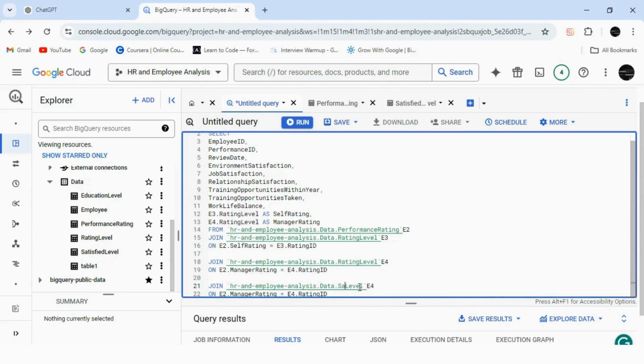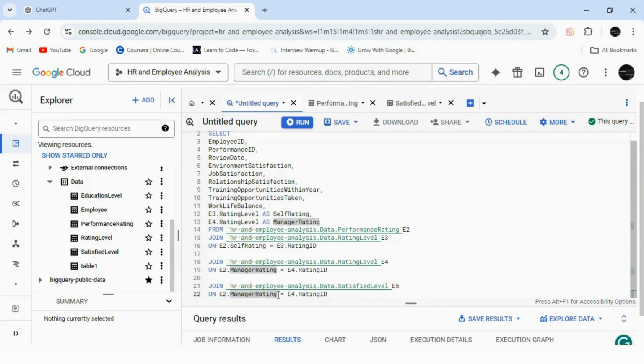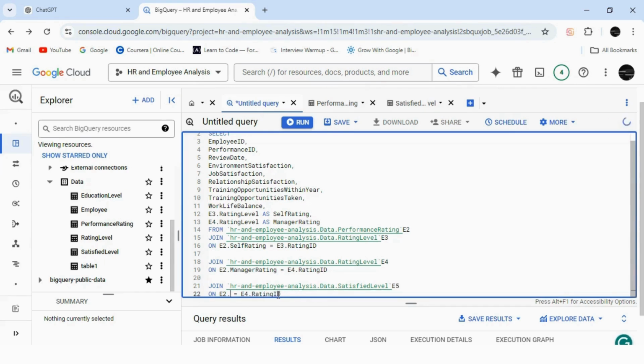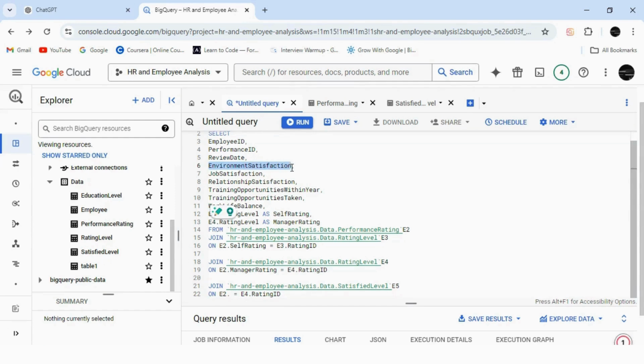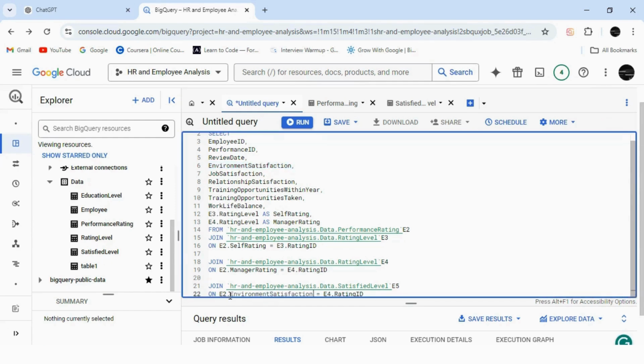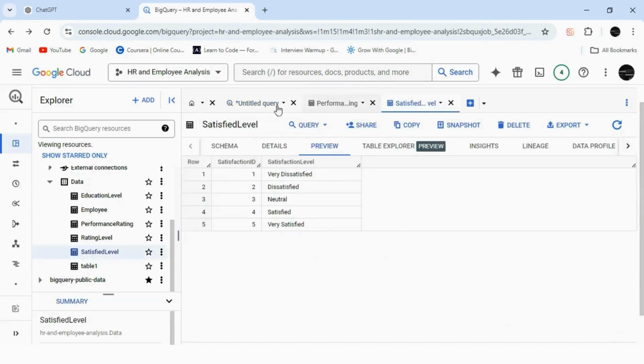So what I'm doing is joining my satisfy level table, and giving it a name E5, and I wanted to join both of these tables based on, firstly, I will move toward environment rating, environment satisfaction in our performance rating column, and then in E5, which is satisfy level, I wanted to join them